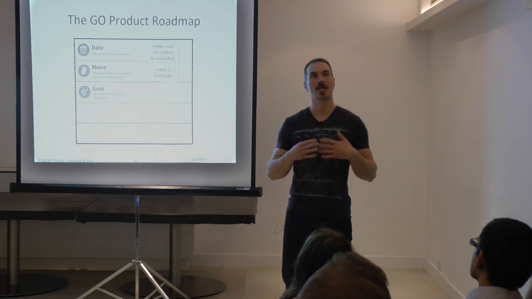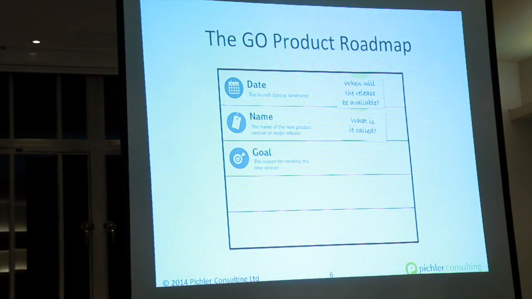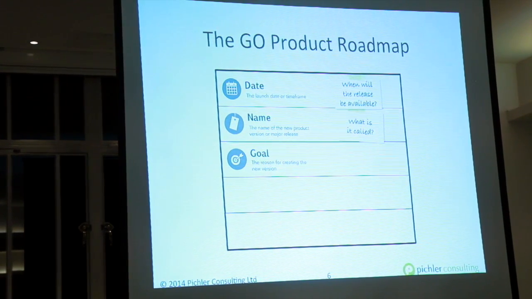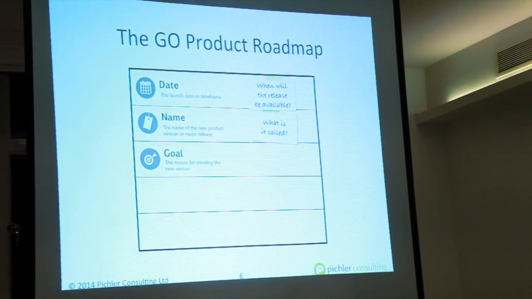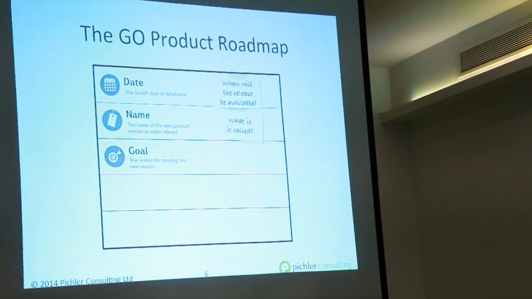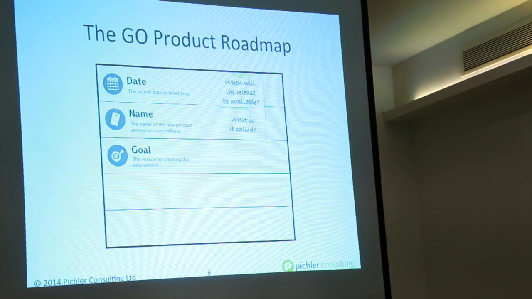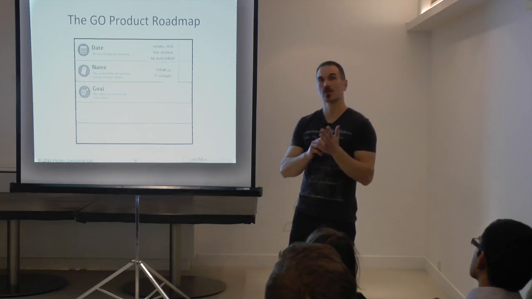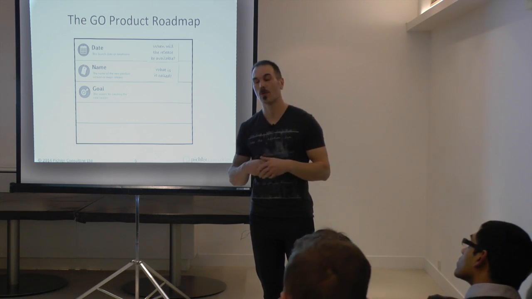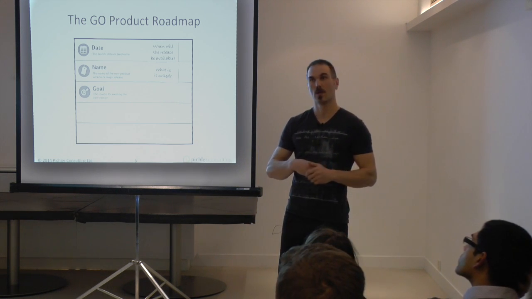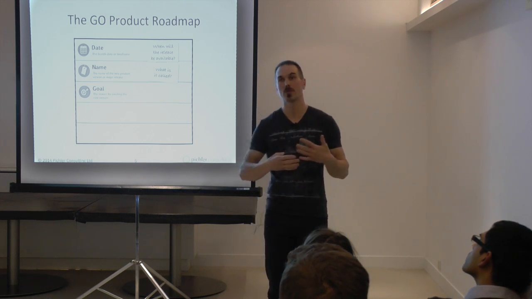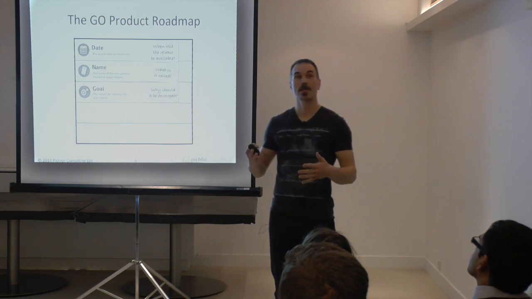The third line contains the goal of each release that is captured on your roadmap. And so the goal should really explain why it's worthwhile creating the release. What are the desired benefits? What is the reason for carrying out the release? So something like, for instance, user acquisition or activation or retention, or a release goal could be to reduce technical debt, or a release goal could be to enhance the user experience, again maybe related to user retention. So why should the release be developed? Why is it worthwhile spending time and money?